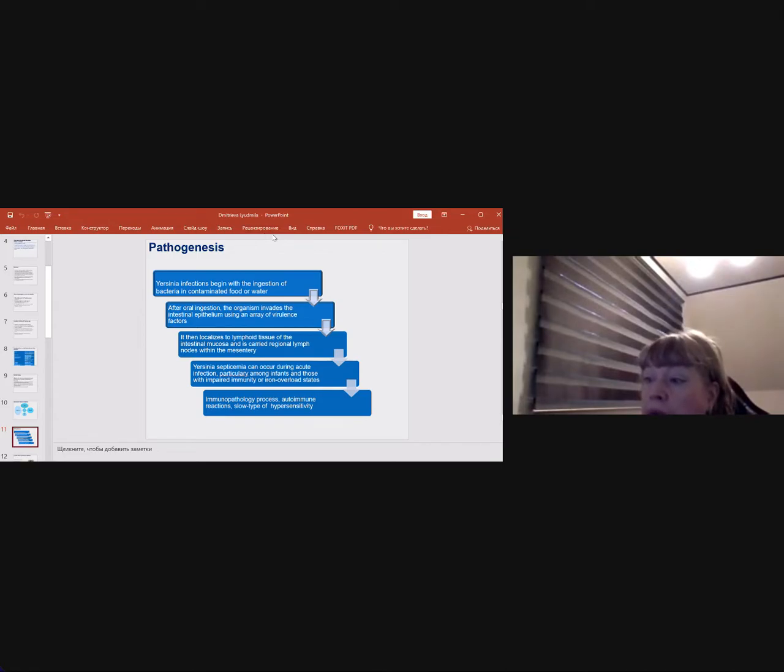And it is connected with immunopathology reactions and sensibilization process. It is maybe why, when Yersinia antigens look like tissue antigens of our organism,